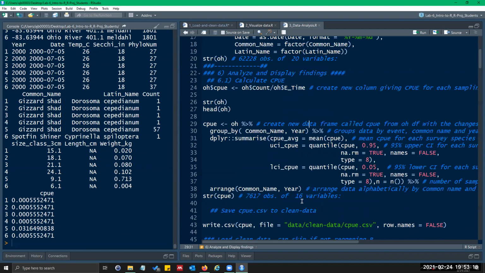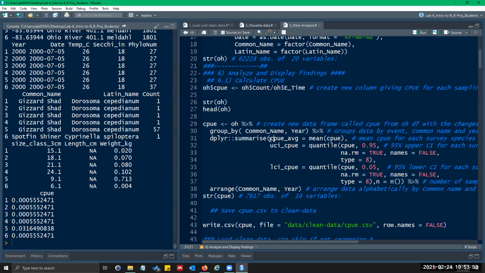So this is like aggregate, except with aggregate, you can only specify, like you can pull out and do just for largemouth, just for smallmouth, or you can do all species, but now we can do individual species and every year. So that's what this group by command is, and we're using piping to pass it on to group by. So common name and year, and then pass that on to summarize.